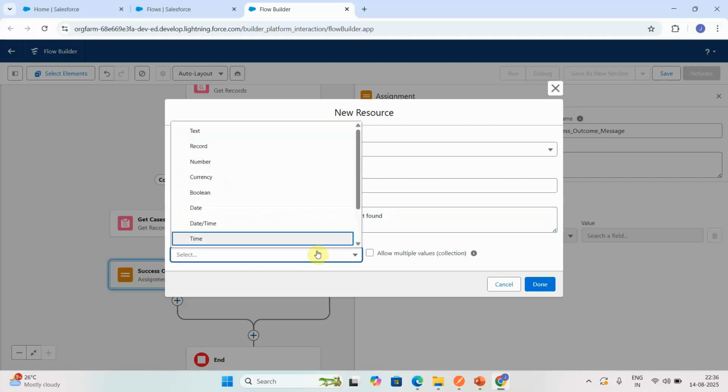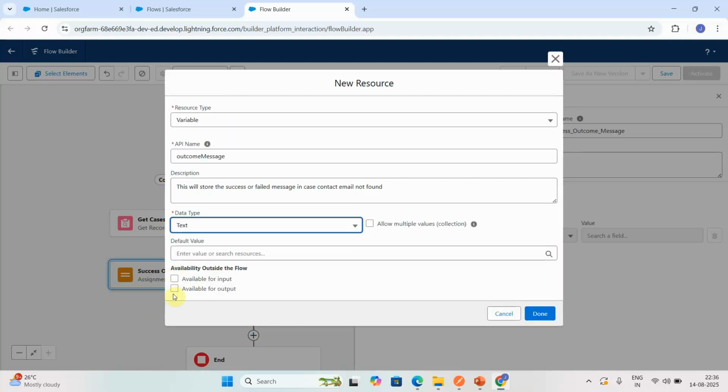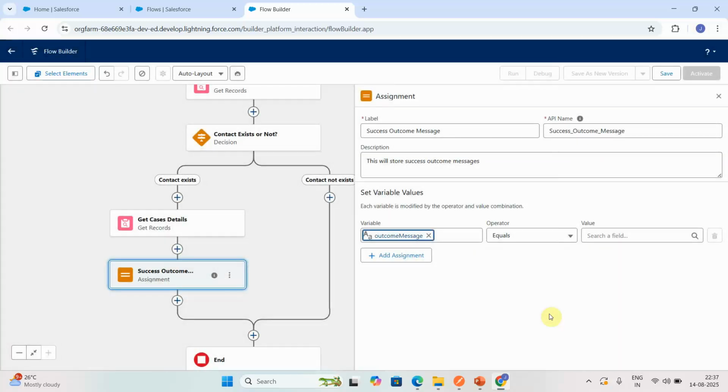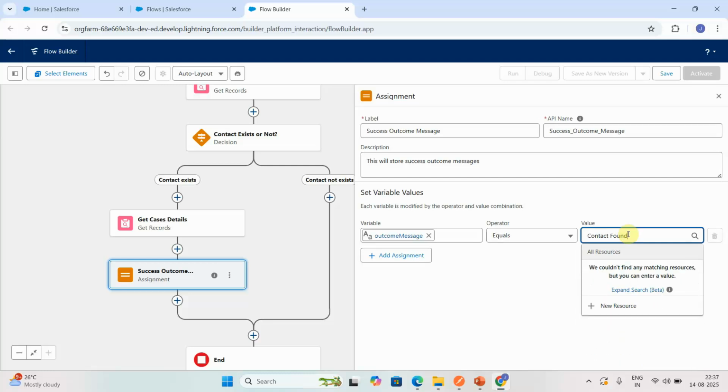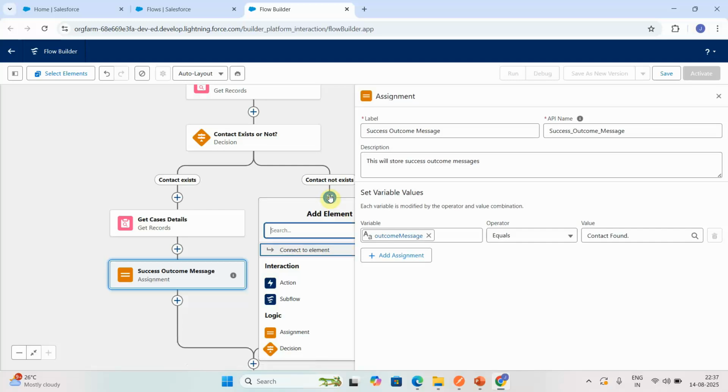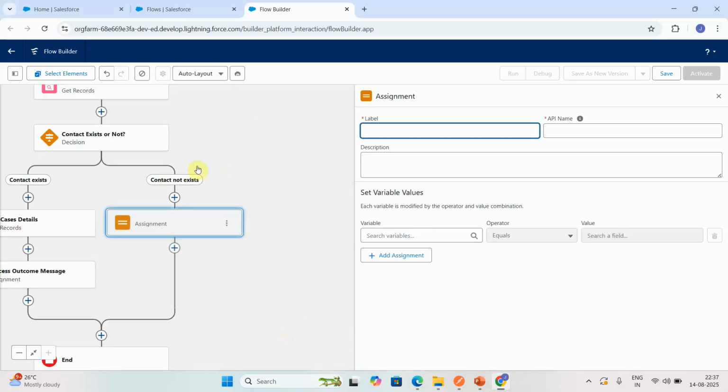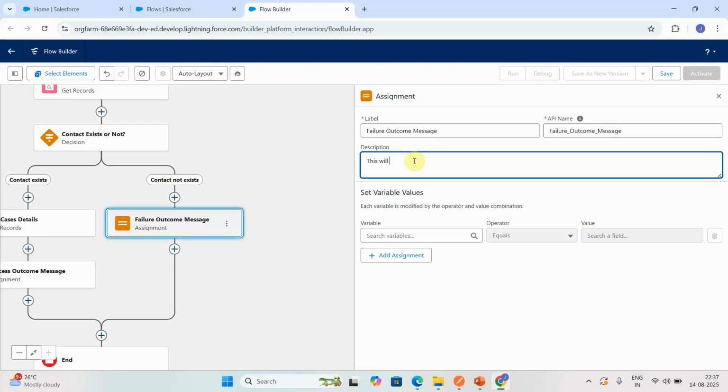As simple as that. I will select type as text and I will say available for output. Done. Here for outcome I can just say contact found. Simple. In case it does not exist, I will use another assignment, where I can say failure outcome message. This will store failure message in case